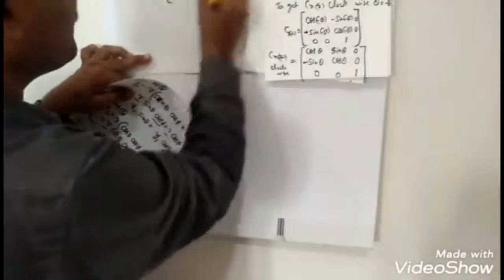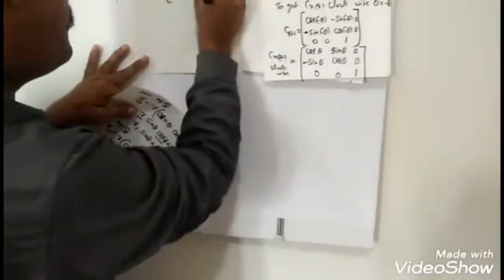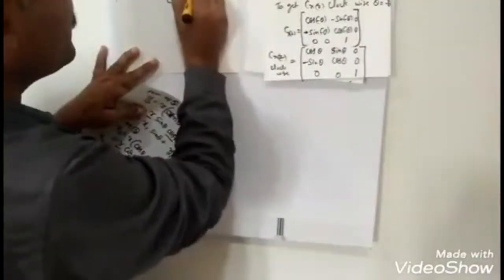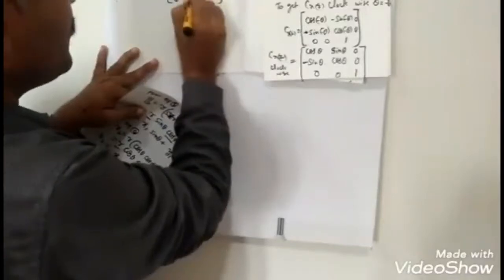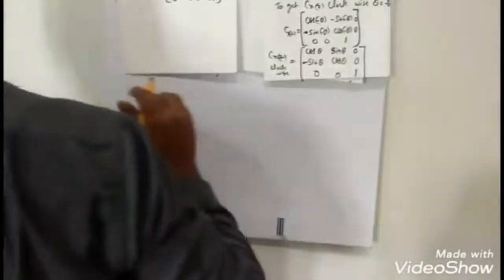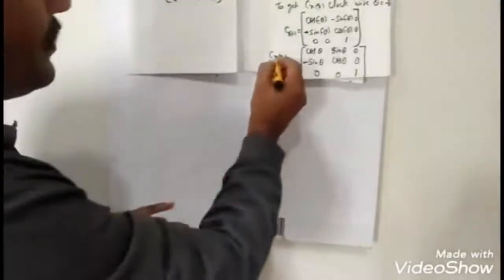CNX matrix. That means rotation is performed along the x axis. In this case we will get the value here is the 1, 0, 0, and here also you will get the 0, 0 value, and this value will be cos theta, sin theta, minus sin theta, cos theta. So this is the CNX matrix. So this is how we can get the matrix notation for CNZ, CNX and CNY.